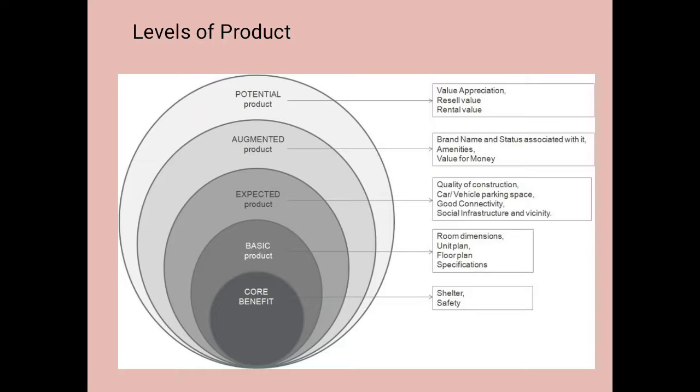And then comes the potential product, which talks about the fact that a market might not be offering a certain type of product or a certain characteristic of a product at this point of time, but there is every probability that such characteristics will be on offer at some point of time later. Potential product can also refer to those characteristics of a product which are to be found in very small number at this point of time.